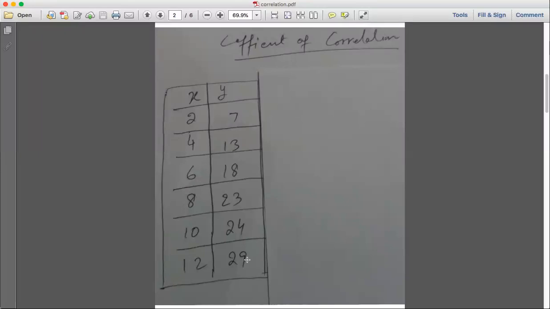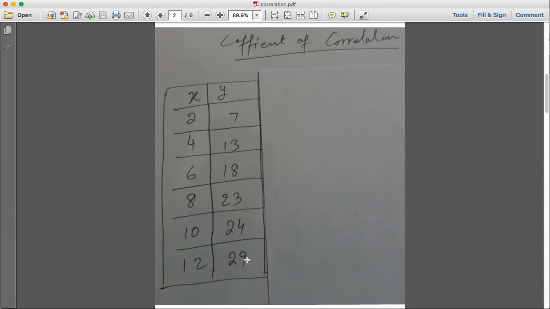Now keep the formula in front of you and see what we need to find. First of all, what we need to find, क्या हमें चाहिए, और how can we complete the table, वो भी आप देख सकते हैं by focusing on the formula. formula को देखें और देखें कि उसमें सबसे पहले हम क्या find out करेंगे. और किस तरह से हम अपना टेबल कंप्लीट करके उसमें तमाम वैल्यूज को पुट करके we can find the coefficient of correlation between x and y.